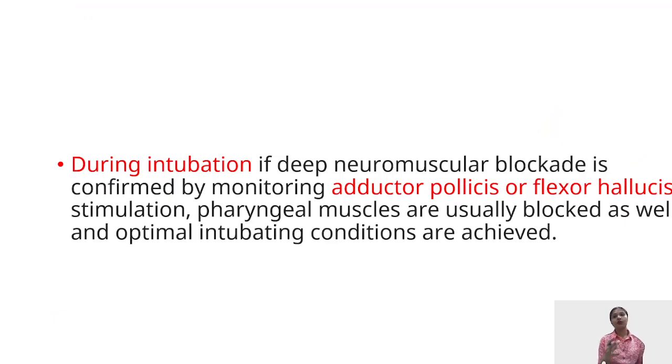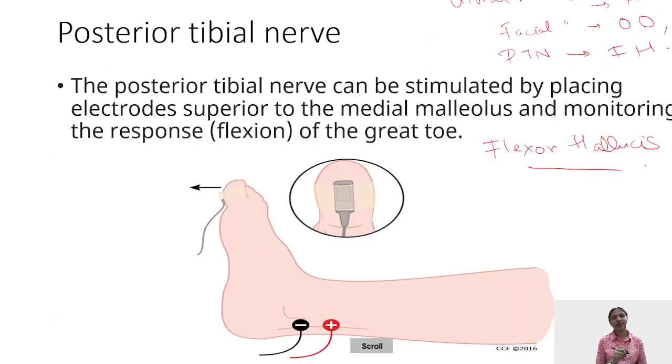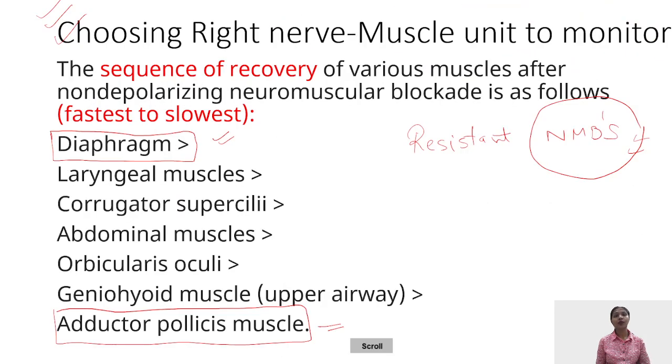intubation phase, that's the first phase. Whereas recovery is in one direction, the intubation, that is the onset of the neuromuscular block, is always in the reverse direction. Yeah, the onset is going to be in the reverse direction. The first muscle to get paralyzed is again your diaphragm. I know, what irony it is. This is the most resistant, but still you say the first muscle to get paralyzed is your central muscles. Then how is it possible?